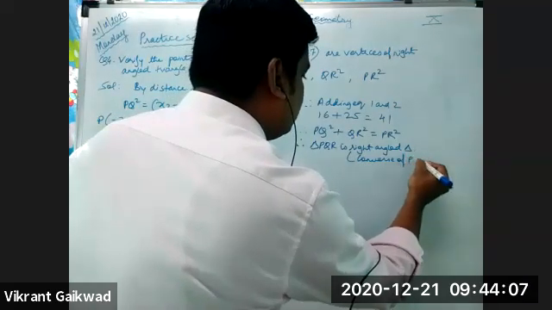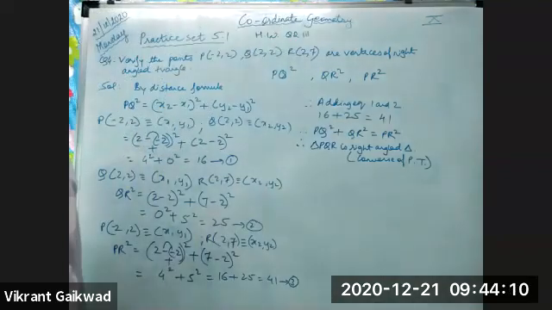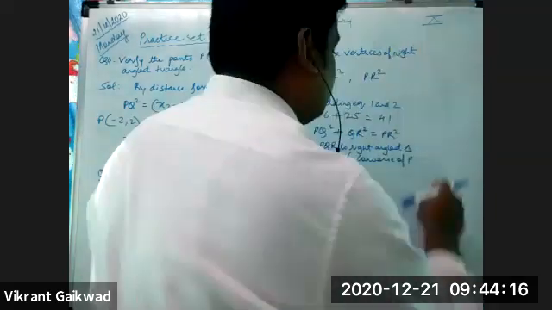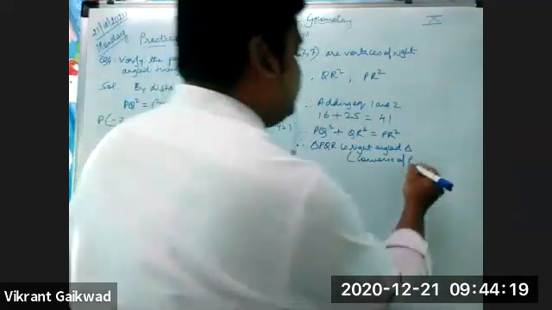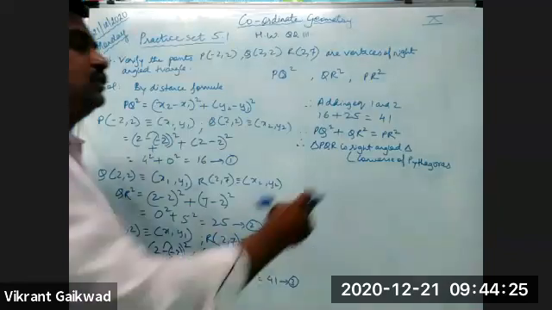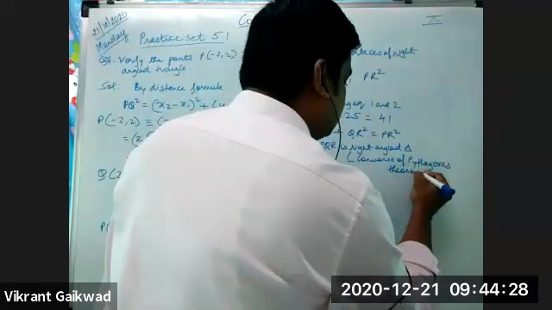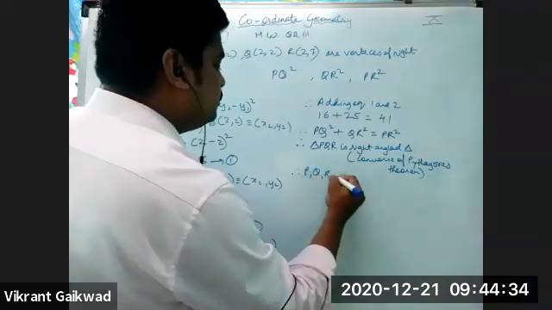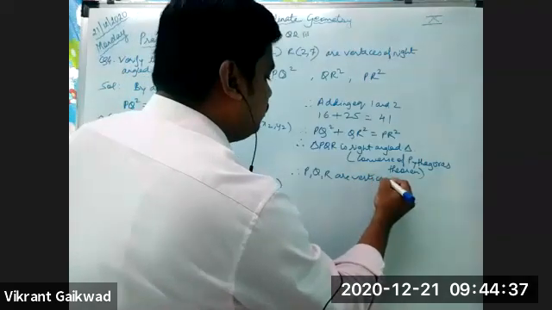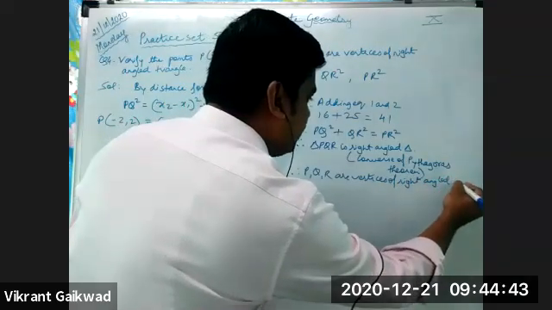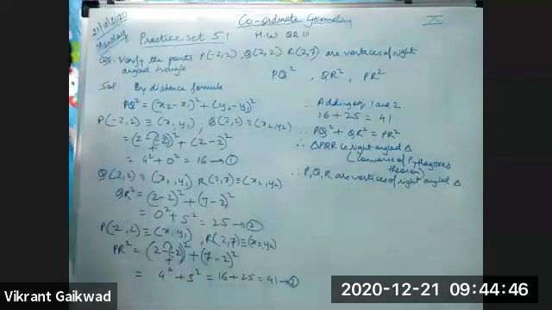Converse of Pythagoras theorem. You don't have to write that as PT. Okay. I'll just write it in full so that you avoid mistakes. Otherwise, you'll tell, sir, I'd written this as PT. Converse of Pythagoras theorem. Complete statement is right. Therefore, P, Q, R are the vertices of the right angled triangle. Is this understood by all the students?